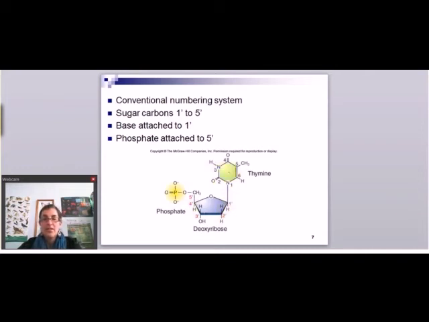Because the numbering is different here and here, but it starts back at 1, this is called the 1' position. So we call that prime, 1', 2' position, 3' position, 4' position, and the 5' carbon. The ones that are going to be especially important to us in this chapter and the next chapter are the 3' carbon and the 5' carbon. The reason is that's how the strand forms, through the 5' and 3' carbons.